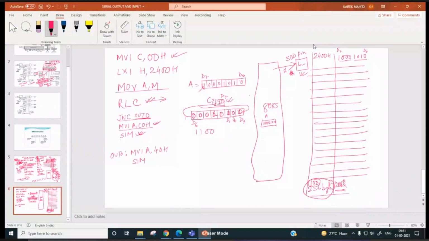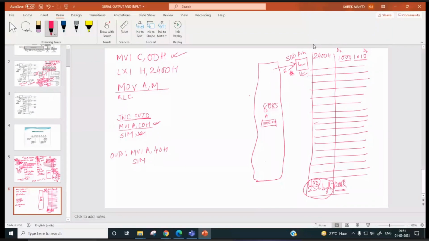Yes, sir. Okay. Now we have to go for checking the next bit, D6, no? So we need to store it back into the memory. So now here 0 0 0 1 0 1 0 will be stored, no? D7 over here, D6 over here, D0 over here, D5 over here.